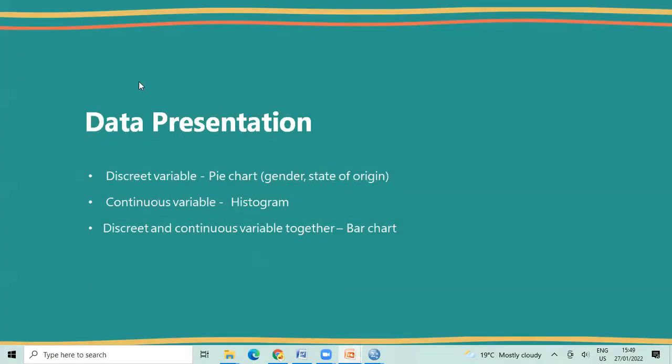Yes, ma'am. So for a discrete or qualitative variable, a pie chart is a good way to go, right? In our example, we used it to represent gender and the state of origin. When there is a categorical variable like gender and a continuous variable like total cultural intelligence, we used the bar chart. So depending on your purpose, you might use different types of charts, right?